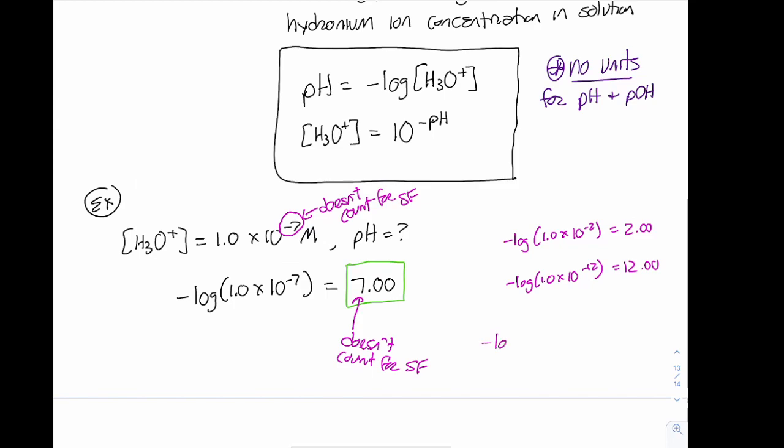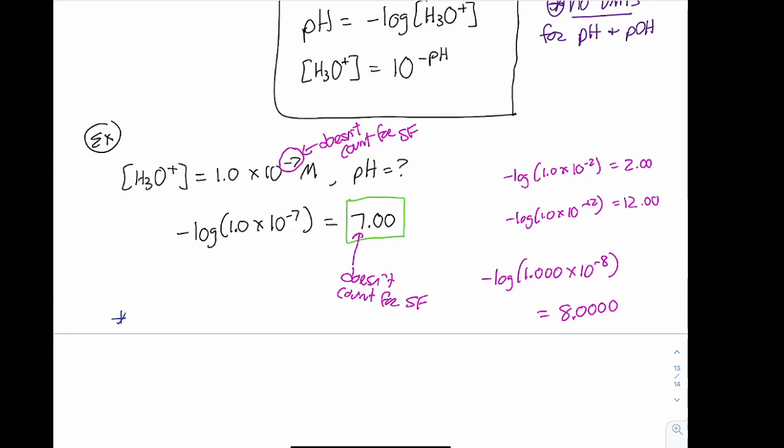If I did negative log of 1.000 times 10 to the negative 8th, I'm actually going to get 8. I have 4 significant digits here. That 8 does not count, so I need to go and add 4 zeros after that decimal point. So let's try to write that in some words that make sense. So for log values, only the digits to the right of the decimal point